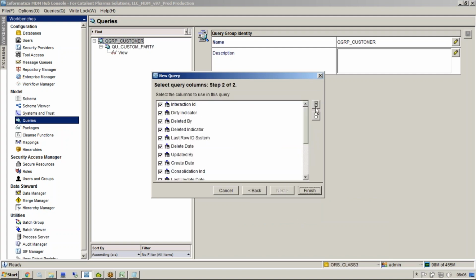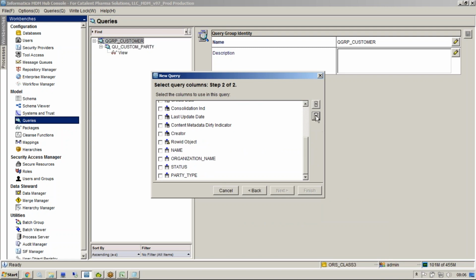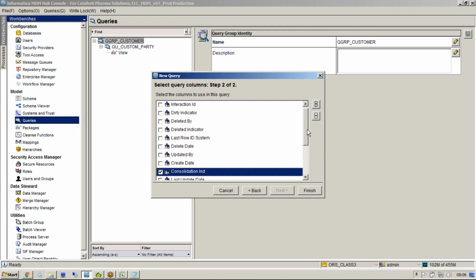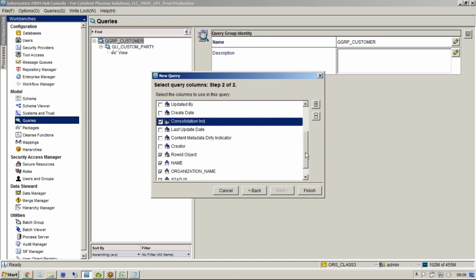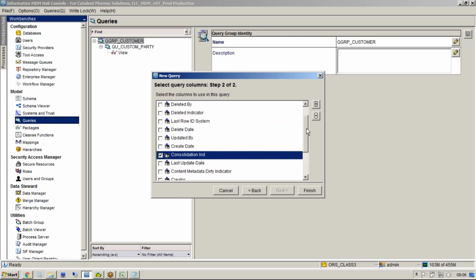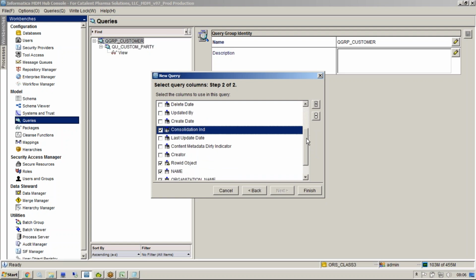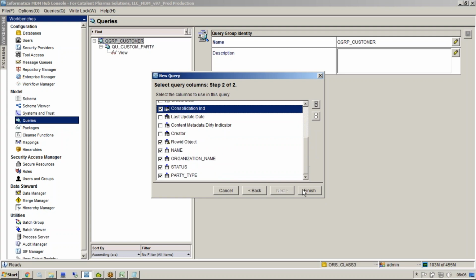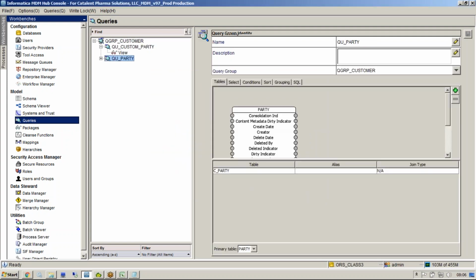Next, you choose the necessary columns. Let's say I will choose only the important columns. These four: row ID object, consolidation indicator, and hub state indicator. It's not there. Should be there. Okay, that's okay. Finish. Right? So